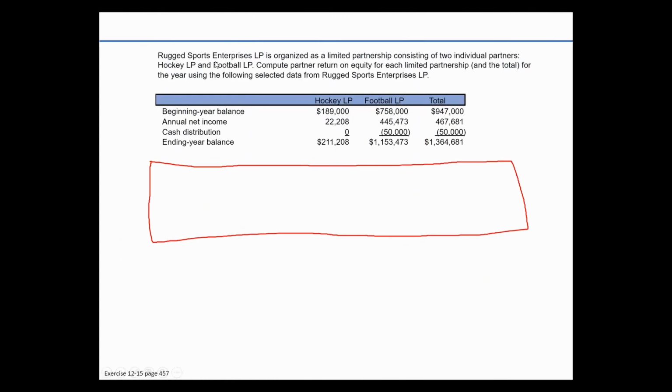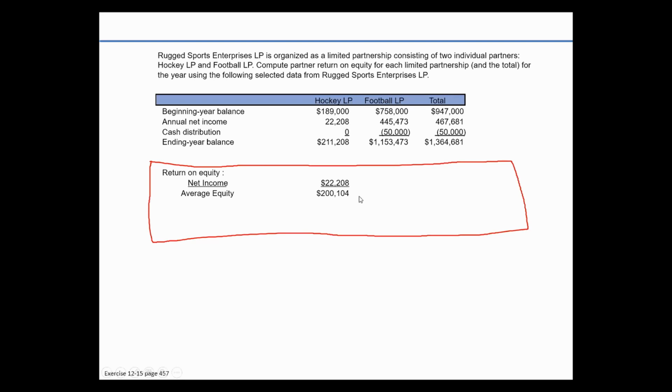Rugged Sports Enterprises LP is organized as a limited partnership consisting of two individual partners, Hockey LP and Football LP. So we're going to compute the partner return on equity for each limited partnership, and then of course the total for the year using the selected data. So in order to calculate the return on equity, you take the net income divided by the average equity. So in this case, we can just look up here and we see that the annual net income for Hockey LP is